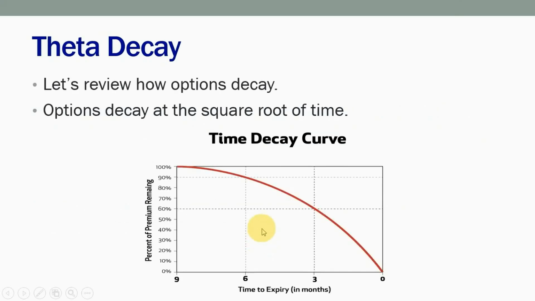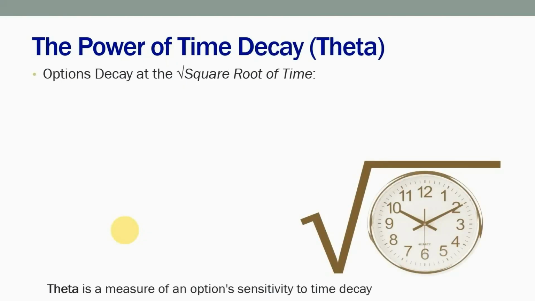And we're just going to quickly gloss over some of this because I want you to understand where we're coming from to get you to where you need to be in terms of the spread. So options decay at what's termed the square root of time. All that means is the closer you get to expiration, the faster the burn rate happens. That's all I need you to understand on that slide. The closer you come to expiration, the faster we're going to burn. So this is also what I term the power of decay.